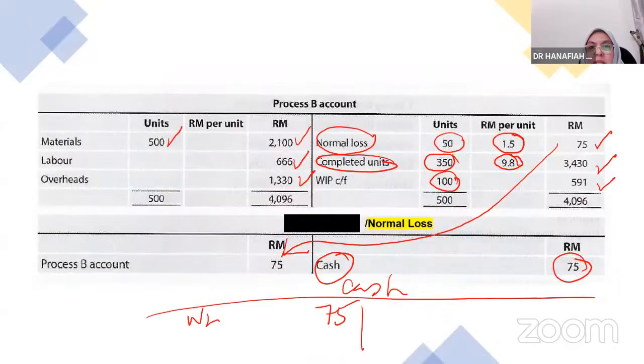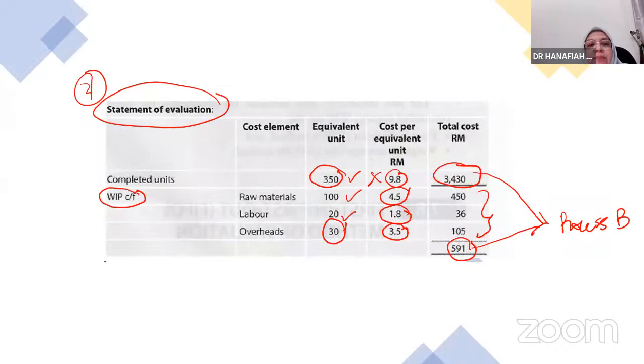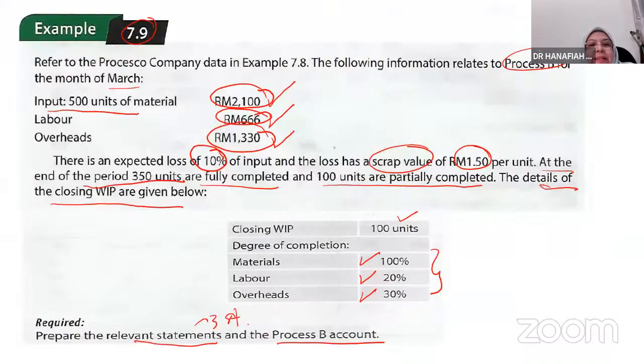Okay, before I proceed with process account with the opening work in progress, if you look here, there is no opening work in progress. In the two examples before, there is no opening work in progress. However, we have only closing work in progress. Before I proceed with the opening work in progress in the next question,